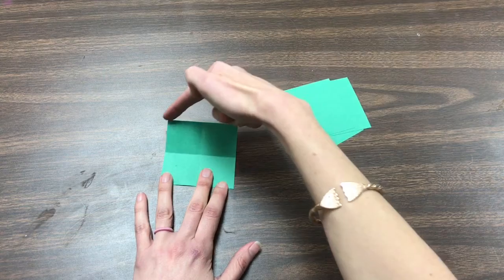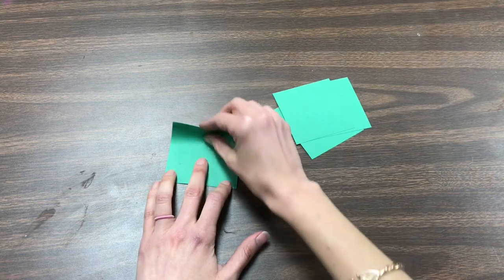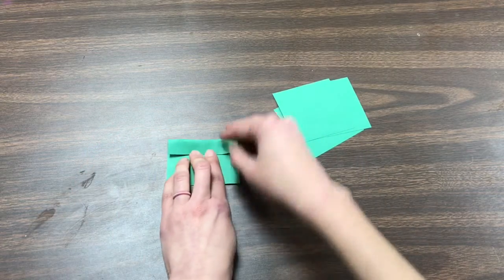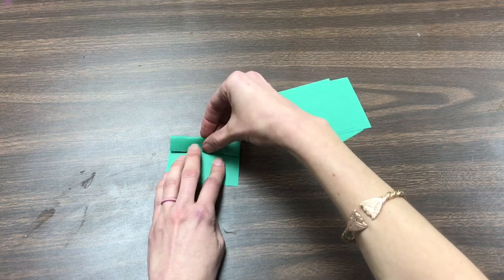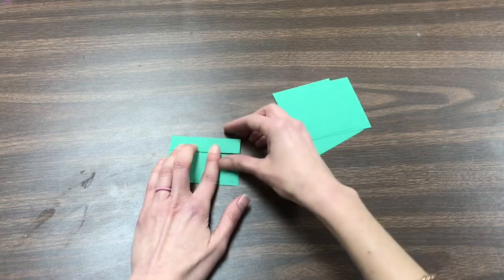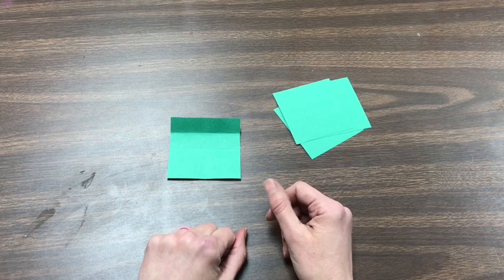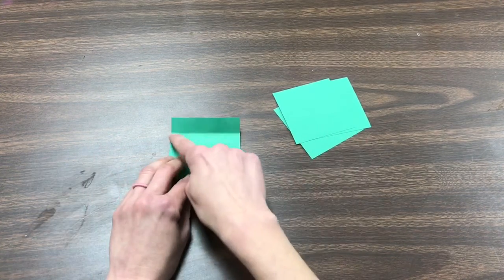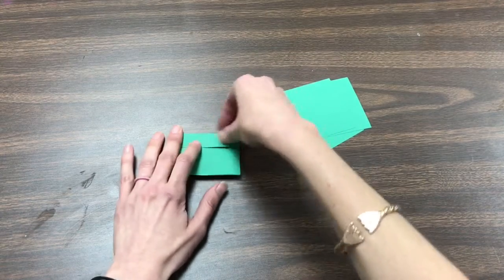Now we're going to take this top line and we're going to fold it to match up with the middle crease. You got to convince it to go where you want. And I kind of like to bend my paper so I know where the middle is. Then I open it up. And just to make sure I've got that actual crease,